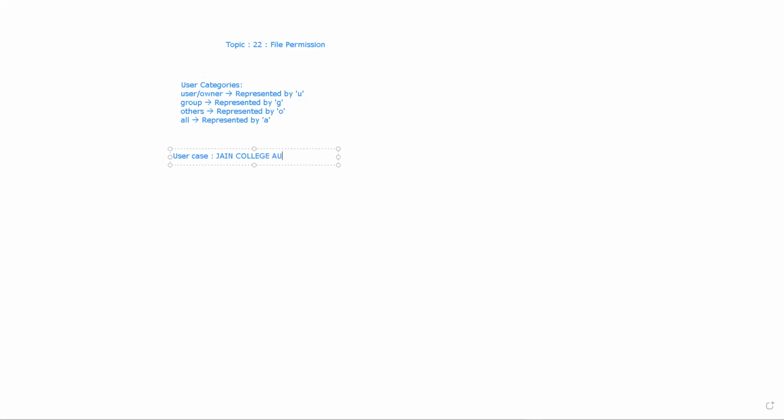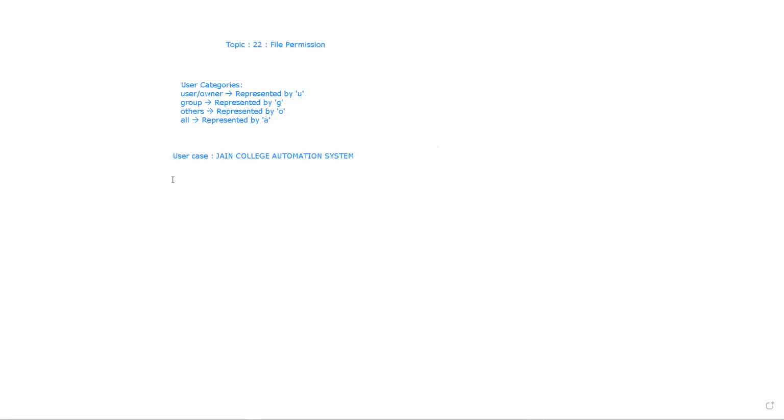So the use case is, let's say we have a Jain College automation system. In order to develop this automation project, we saw there are different models. We have the student model.